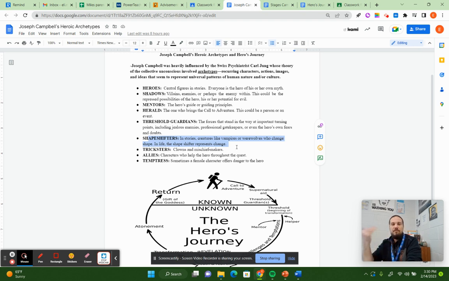So it's a female character who kind of just offers a distraction for the hero, and the hero has to resist the temptation to reach his potential. Although sometimes the hero, especially in Greek mythology, if we're thinking like Odysseus, doesn't necessarily resist the temptation very well, and so there are times when he gives into the temptation,